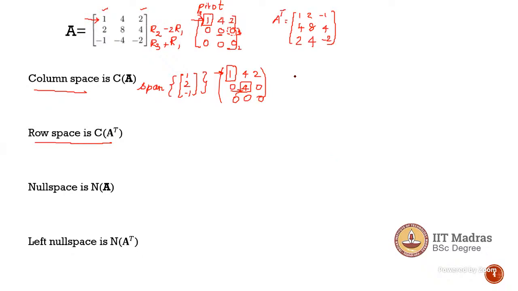Ma'am, excuse me, ma'am, for this row space, we can take the non-zero rows of this row echelon form matrix, instead of doing this, I think, non-zero rows of this reduced echelon form, right? See, in this example, this form here is itself a reduced row echelon form because the pivot entry is 1 and we have no other entries. So this first row here, which is 1, 4, 2, is also the row space of your matrix.